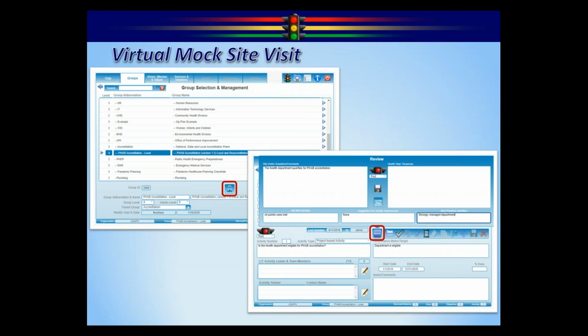What we did over COVID again is also build what we call a virtual mock site visit. So as you get down towards the end of the accreditation process, some people like to hire somebody who's a PHAB expert to come in and just review everything they've got, all the documents, all the plans, just make sure they're ready. So we built the review process right in. The reviewer comes in here, puts in their notes, sets a traffic light, et cetera. And then what you can do is generate a report called an accreditation review report that shows you all of your stuff plus all of their stuff. You compare it all. If everything is good, you're ready for your site review.